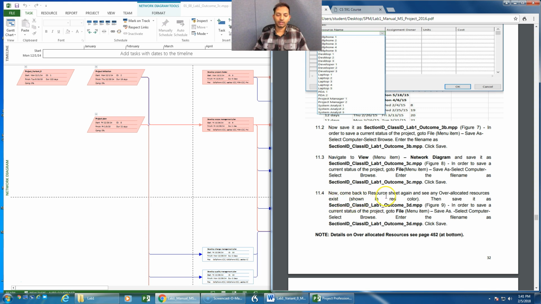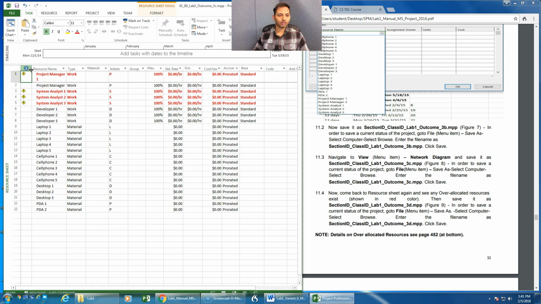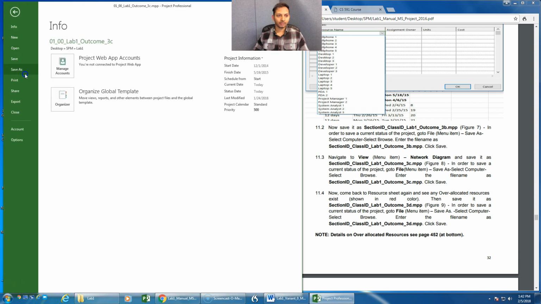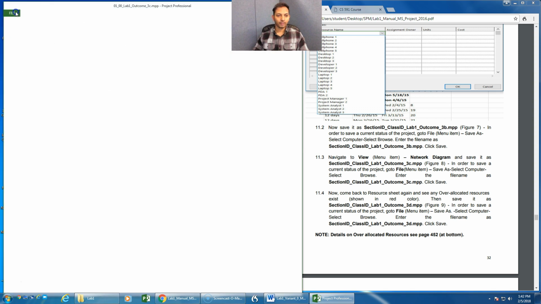So for that, we need to come back to resource sheet. So you need to click on Gantt chart. Go back to resource sheet. So here you can see there are the red colored resources. They are over allocated resources. So this file you have to save as 3D. Click on File, Save As in your location, and save this file as 3D. Okay. Next,